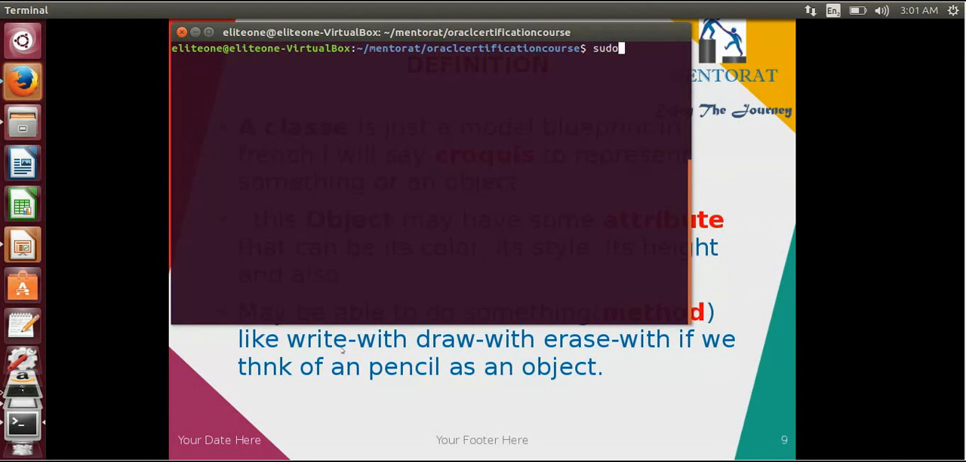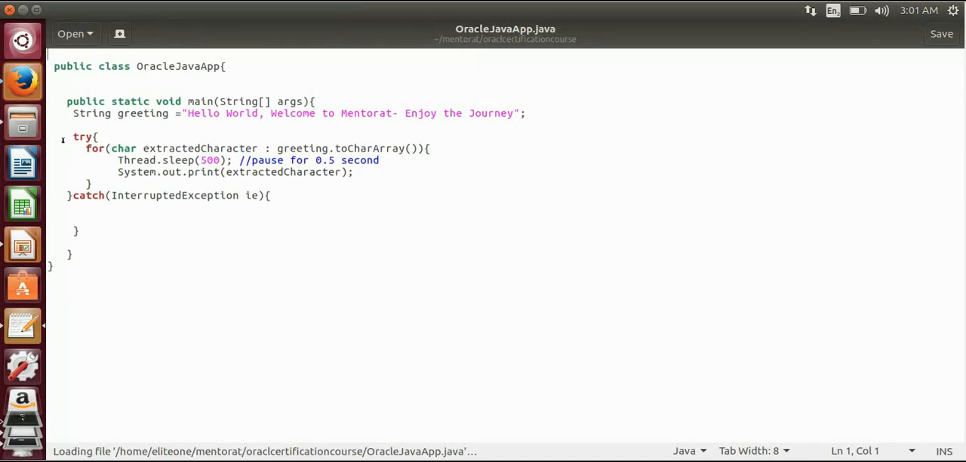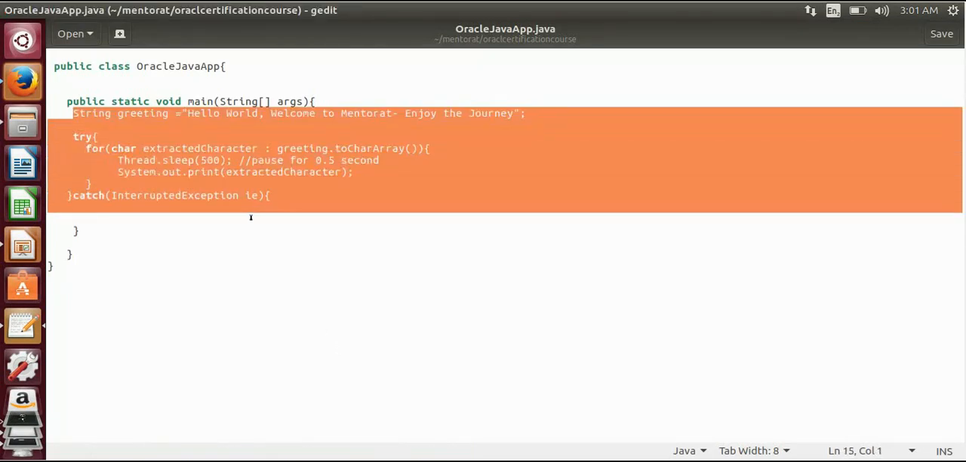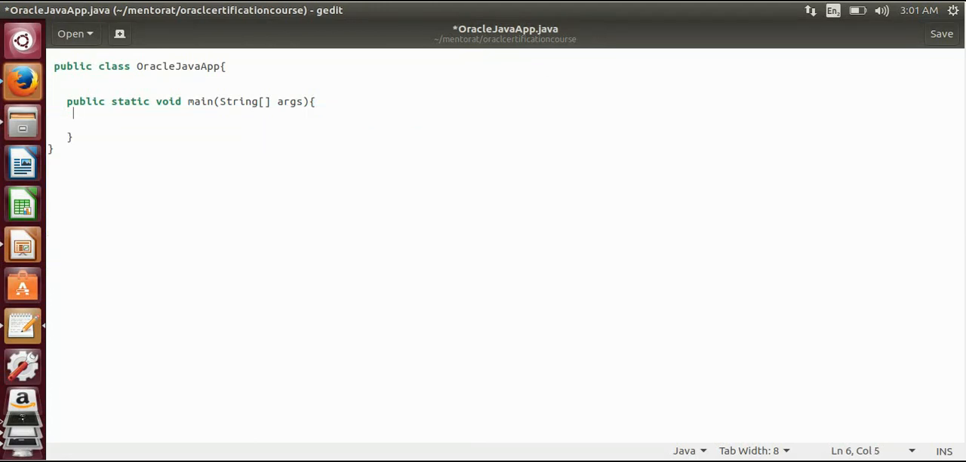Sudo gedit oracle java App.java. Okay, then we'll remove all from here, and we'll remove all from here. Fine. So we need to create first a passenger class,